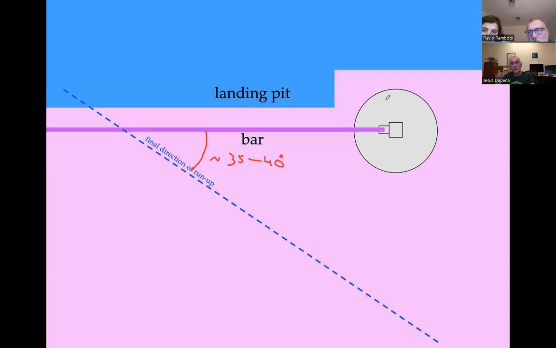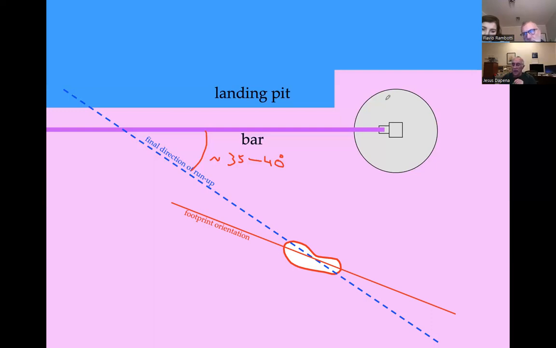And you would expect that your takeoff foot would be planted in perfect alignment with this final direction of the run-up. You expect that. But in practice, that never happens. In practice, always the foot will point outward a little bit relative to that final direction of the run-up. Also, during the takeoff phase, the athlete pushes forward and downward on the ground. Well, the athlete does not push exactly forward and downward on the ground.